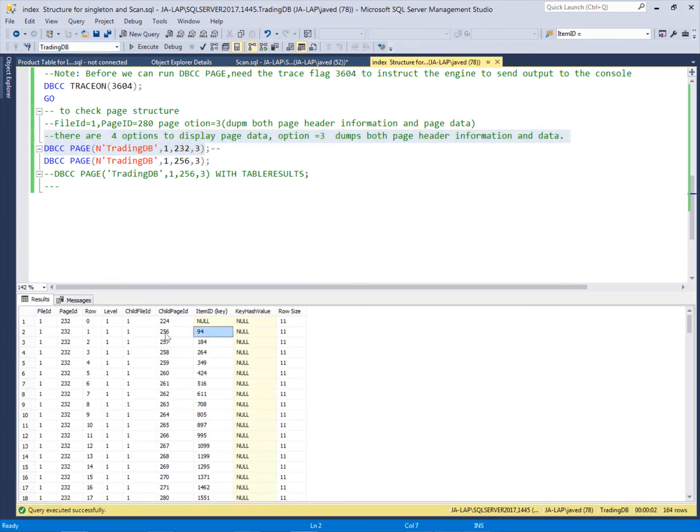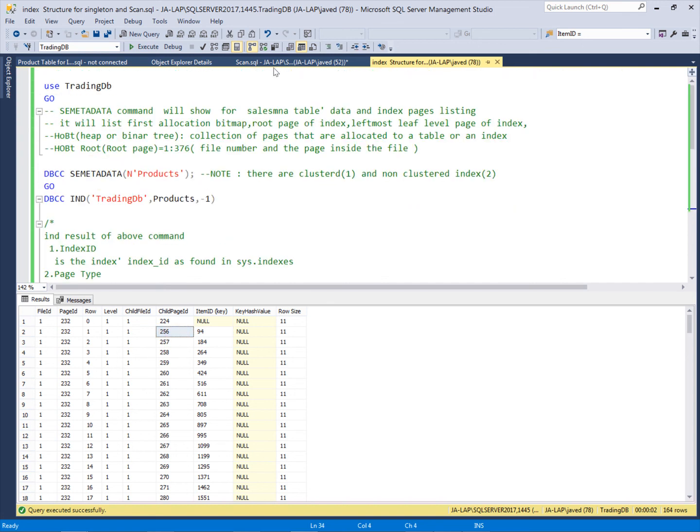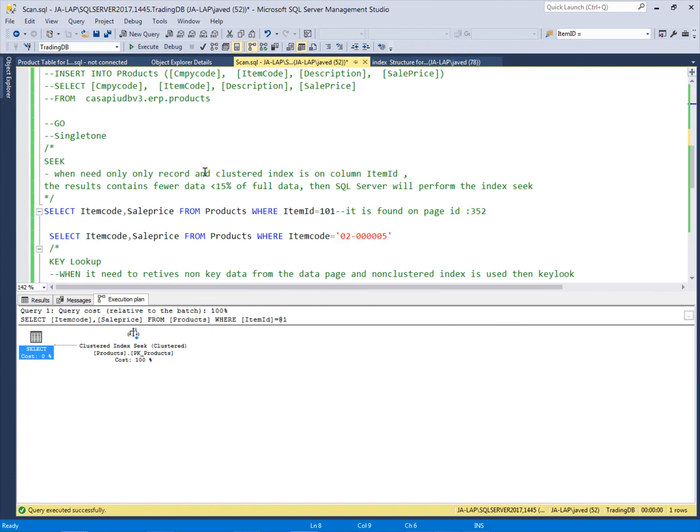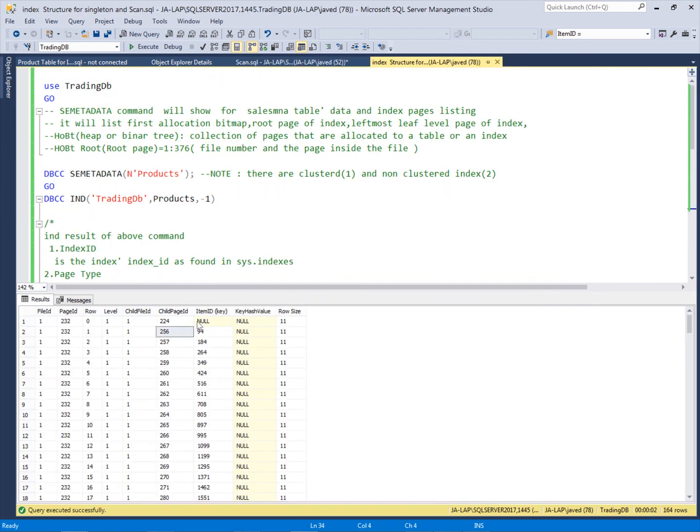this root page has this page 256, where item ID 94 starts, and then the next page ID is starting from 184. From 94 until 183, the IDs exist on page 256. So we are searching for 101, the required ID is 101. So it exists on page ID 256. So the storage engine knows about that, so it will go to the required page ID, it will read